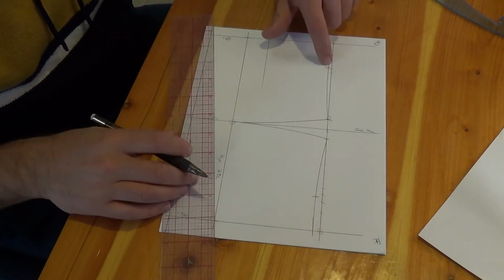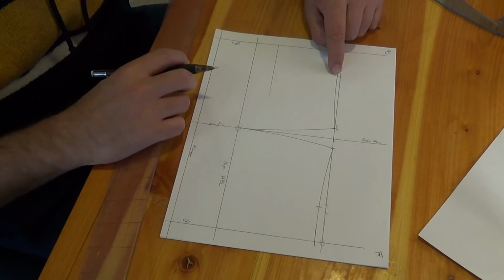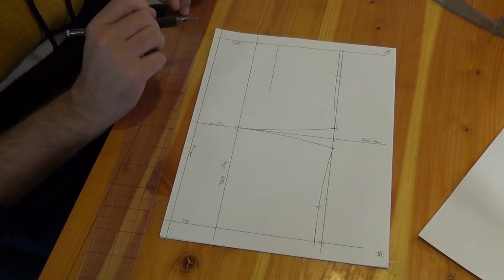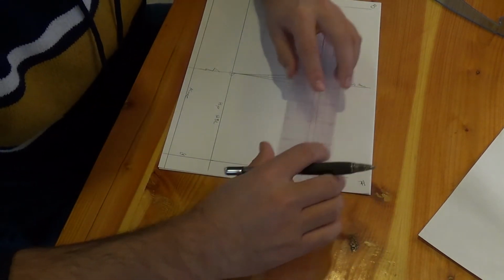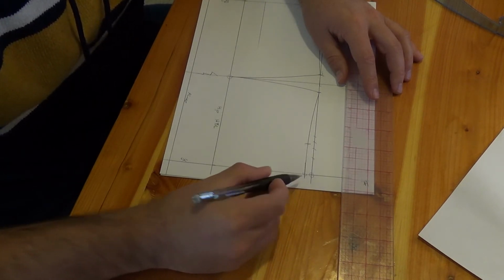Really only needs to extend as far as that first dart on the back. So this is going to be the level of the back dart. On the front, we're actually going to do a similar thing, but from our waistline, this new waistline that we measured down, so from this point here,